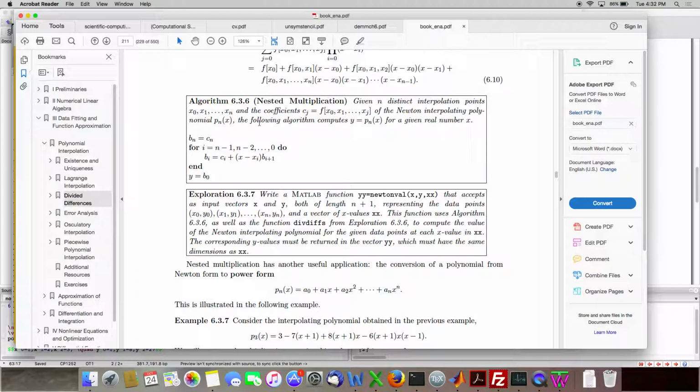And now nested multiplication is used to evaluate the polynomial at a given x. But it serves another purpose: the new values that it computes, the b's, are the coefficients in a new form where the value you plug in, your x, is the first center, and the other centers are shifted down. So I'm going to use x equals 0 in this algorithm because I want all the centers to be 0. That's what power form is. So I'm going to run this algorithm with n equal to 2, and